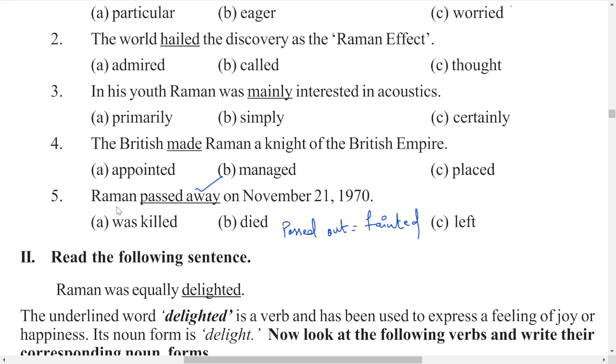Okay, so see here, Raman passed away on October 21, 1970. So passed away here is different from passed out. Passed out is fainted. What do you mean by passed away? Passed away means dead or died. That is the B option we can make use of. Next,